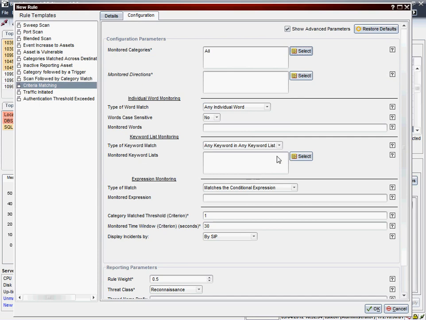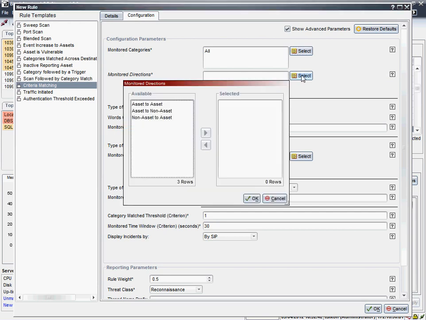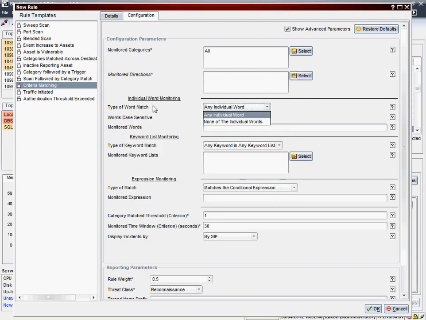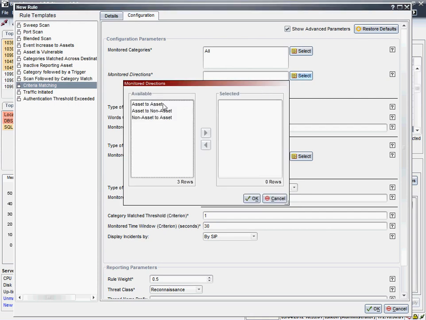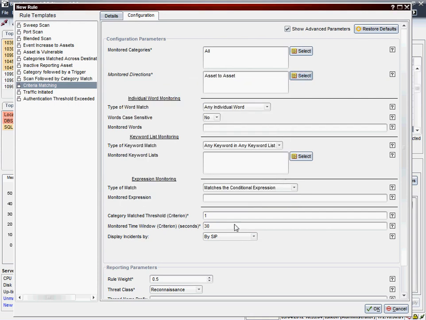These categories map to any source event coming to the LogStorm appliance. Users may further specify directionality of monitor traffic. Also, the inclusion or exclusion of individual words, the inclusion or exclusion of keyword lists, as well as conditional expressions. There are also options for setting how many occurrences per monitor time interval will trigger the rule, as well as